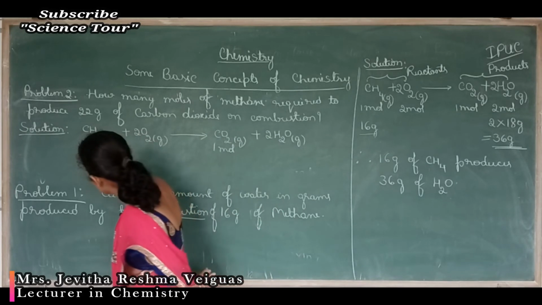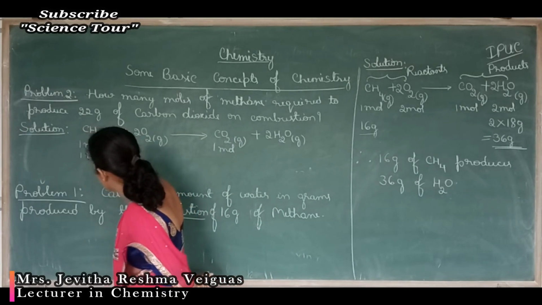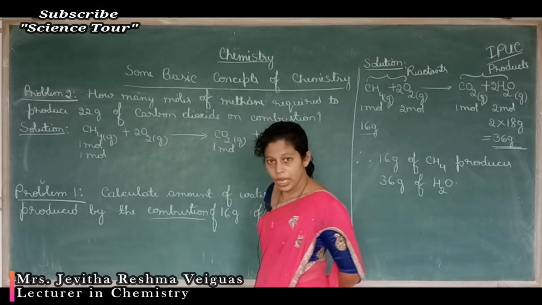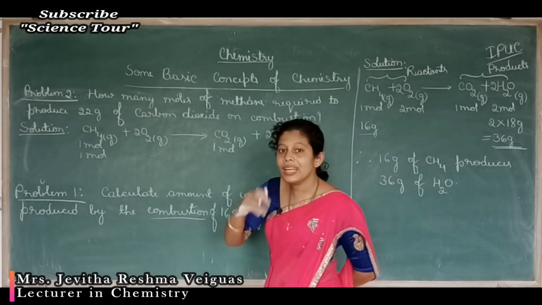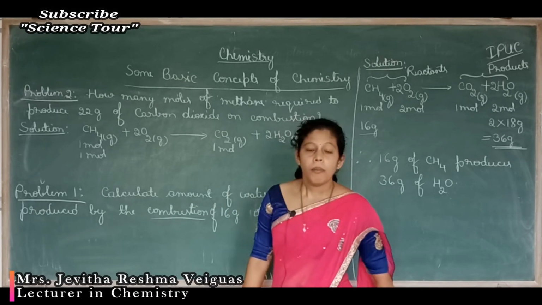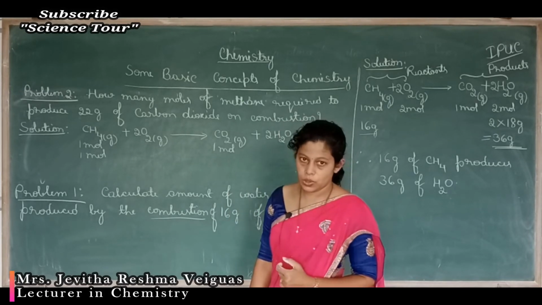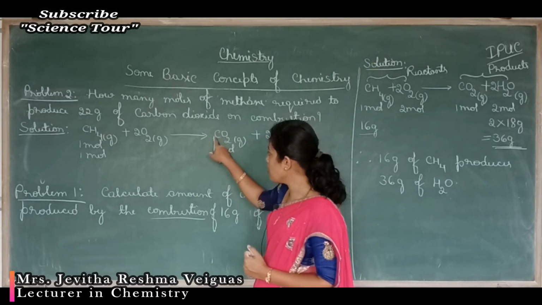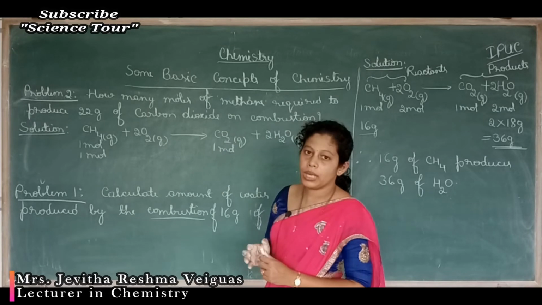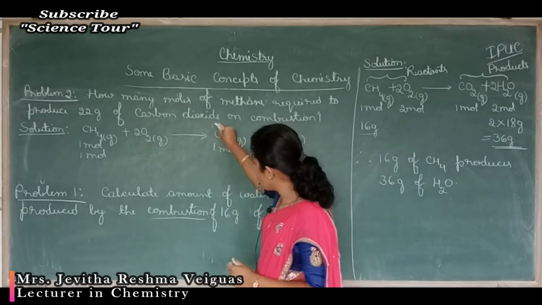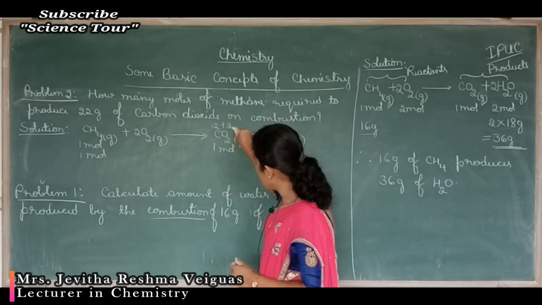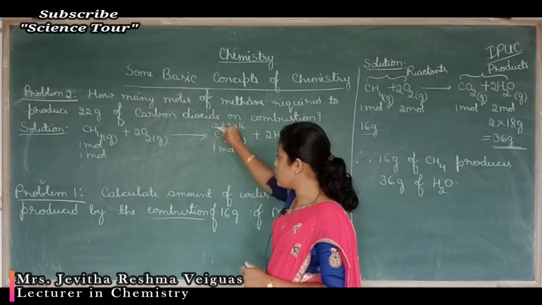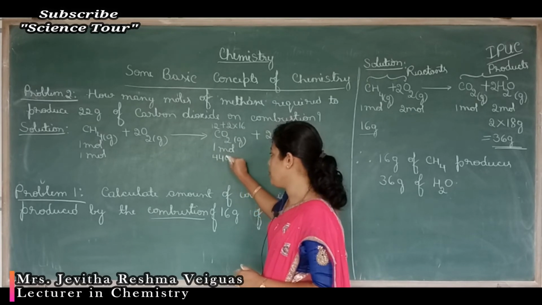So what I'll do is, I'll keep methane number of moles as it is. Carbon dioxide I know in moles, which I'll convert into mass. Mass of 1 mole is molar mass. What is molar mass of carbon dioxide? It is atomic mass of carbon plus 2 into atomic mass of oxygen. Carbon atomic mass is 12. Oxygen atomic mass is 16, which is multiplied by 2. So 2 into 16 is 32 plus 12, that is 44 grams.